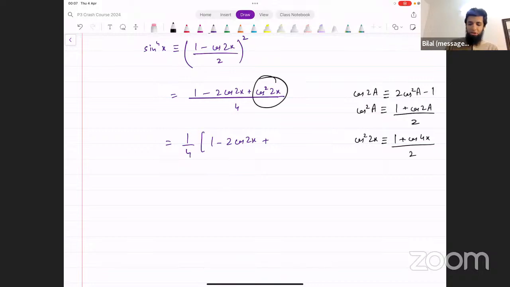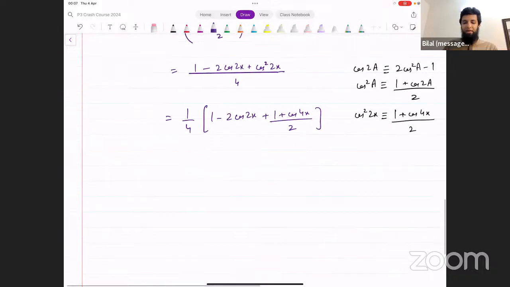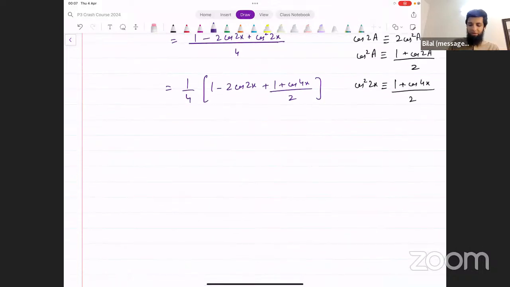So now cos square 2x can be written as (1 plus cos of 4x) divided by 2. And now you've got all the powers eliminated. Now this is something that we can integrate. Let's simplify this a bit first. We could write it as 1 over 4